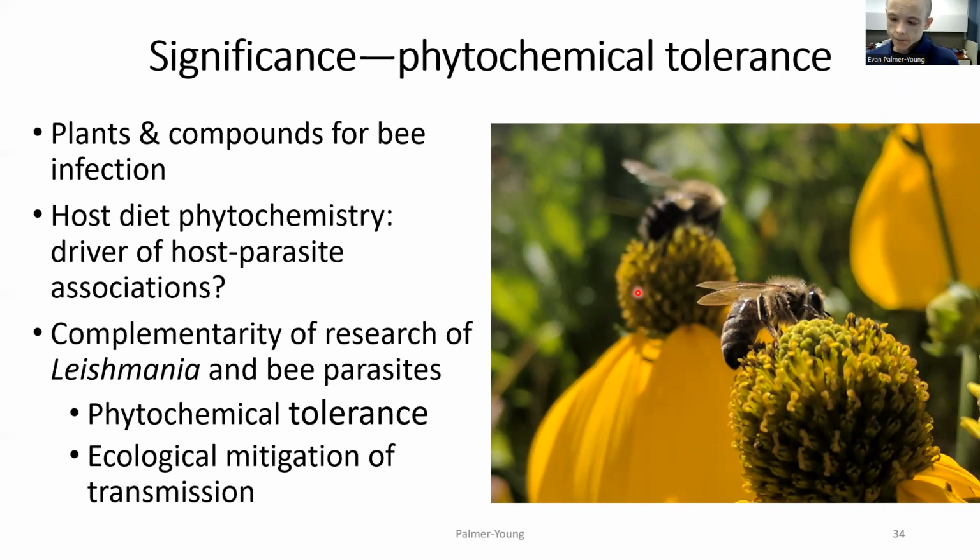And they underline the complementarity of research with bee trypanosomatids and insect-vectored parasites of humans, with bee parasites providing resistant models for understanding parasite tolerance of clinically relevant phytochemicals, and synthesis of research on plant-based therapies for Leishmania with studies on nectar chemical ecology suggest how phytochemical-rich floral resources could provide an environmentally friendly way to reduce transmission of